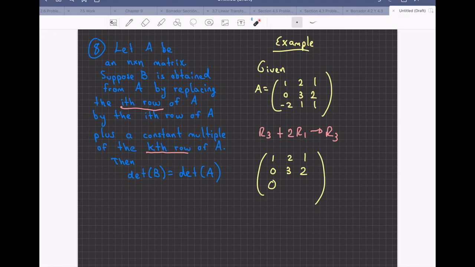Now you see why I chose the number 2, to have 0 here. 2 times 2, 4, plus 1, 5. And 2 times 1, 2, plus 1, 3. And notice, now I have this column with 2 zeros, so I can expand by cofactors in the column 1